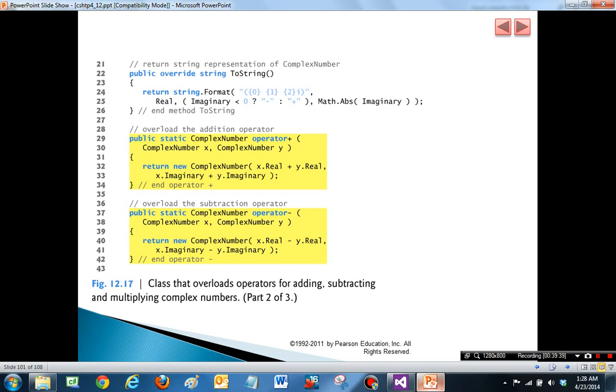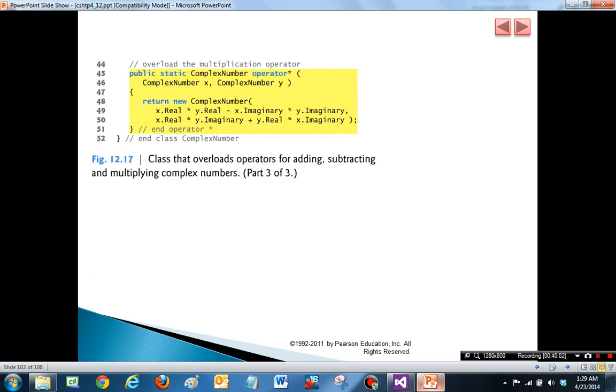The same goes for the operator minus overload. In the first case, two addends; in this case, subtrahends are subtracted, and the difference of the real parts is the real part, and the difference of the imaginary parts is the imaginary part. And finally, the multiplication of two complex numbers returns a complex number made up of